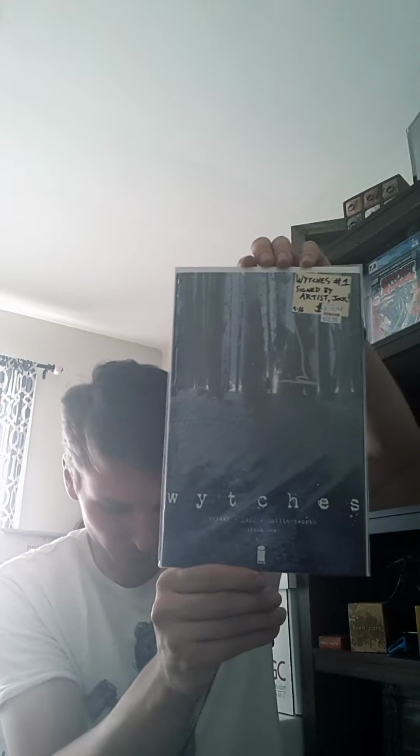Scott Schneider. No, Jock. Jock signed this one. It is a Scott Schneider book, Witches. And there's a Jock signature. They're so hard to come by. And when I saw it for $5, I'm like, dude, I gotta pick it up. I've never been able to get a Jock signature. And here's another one, which is #1, first cover. I think that's #2. Yeah, the first one I held up was #2, and that's another Jock signature, and that one was $10. So for $15, I got 2 Jock signatures,